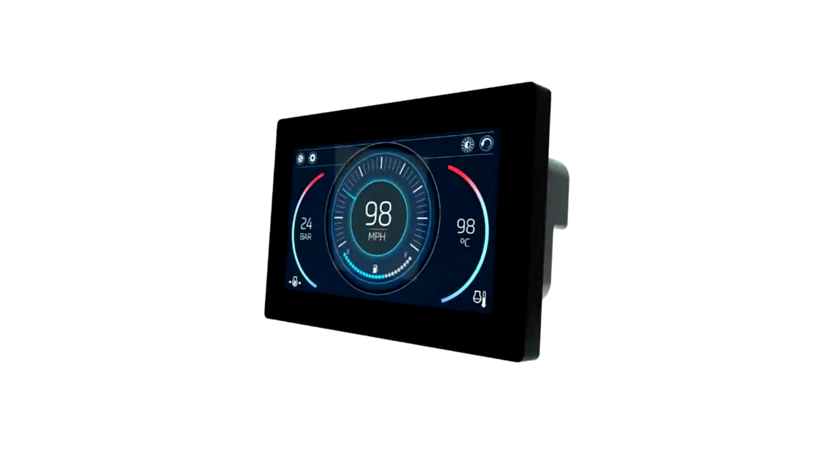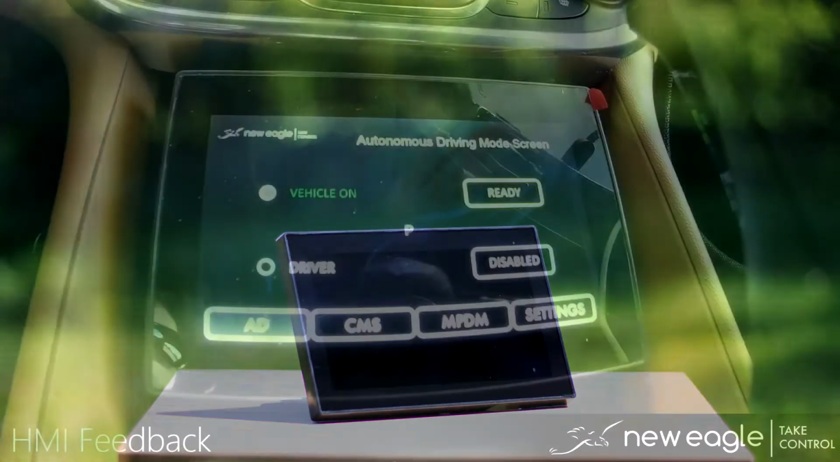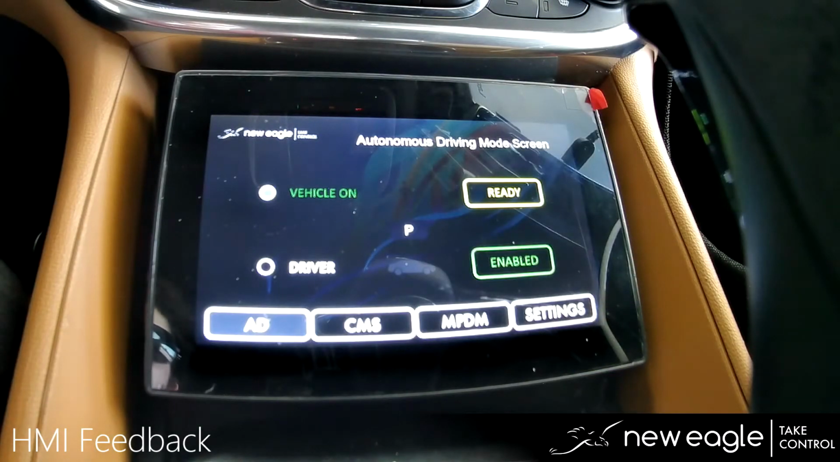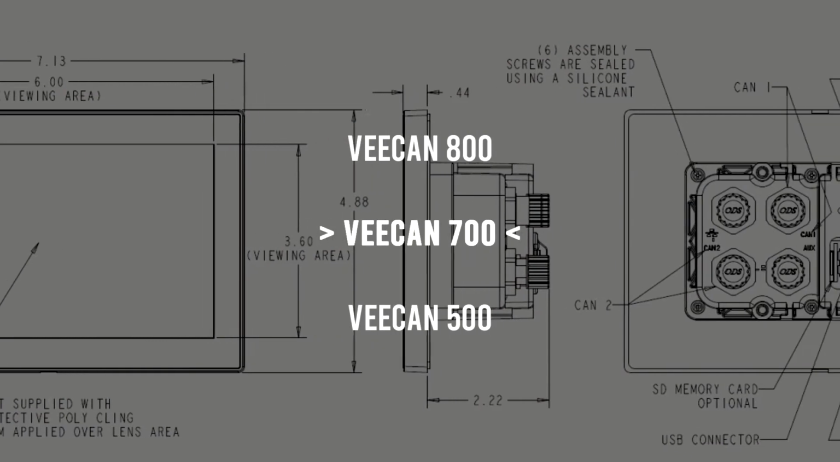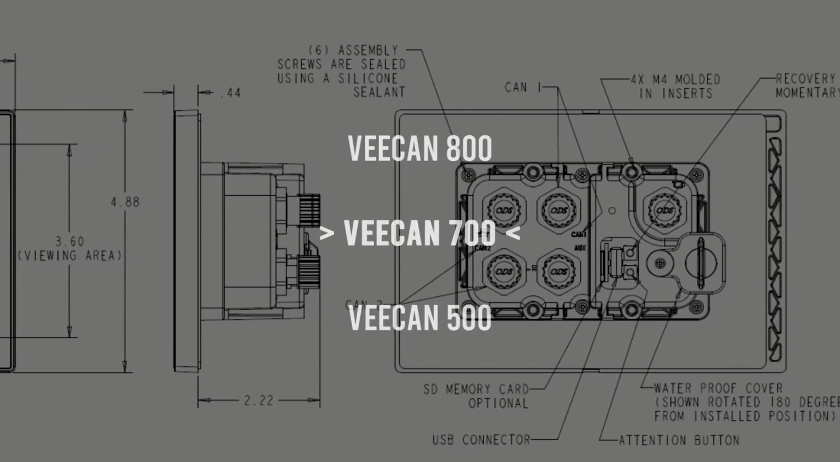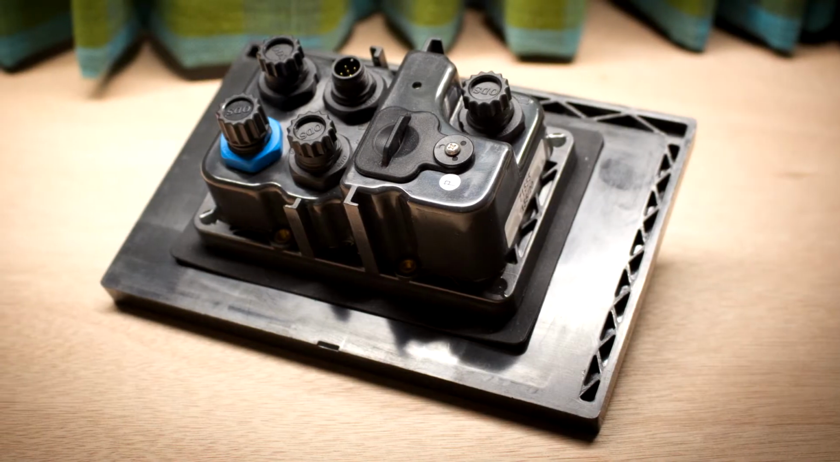Let's get a little more specific, starting with the VeeCAN 700. Thanks to its large screen and thin bezel, the 700 can be mounted pretty much anywhere. Electrical cabinets, vehicle dashes, you name it. The 700 fits in our hardware lineup as the big brother to the VeeCAN 500, using the same M12 connectors